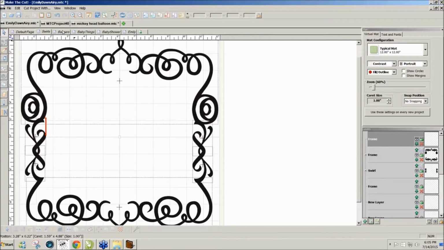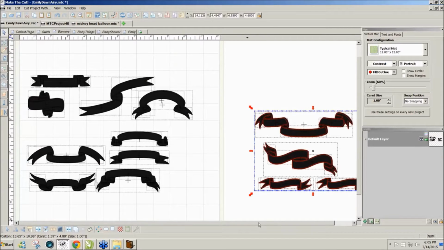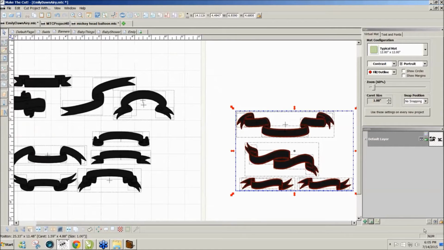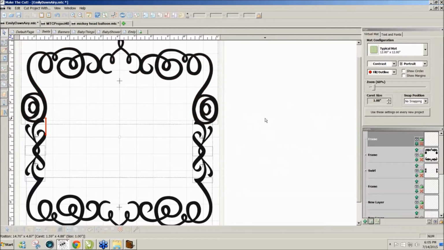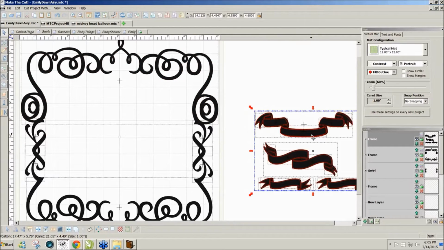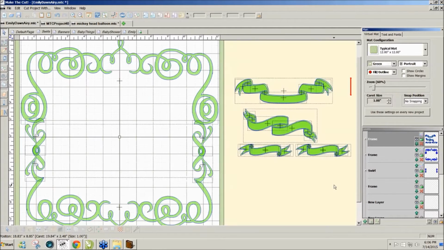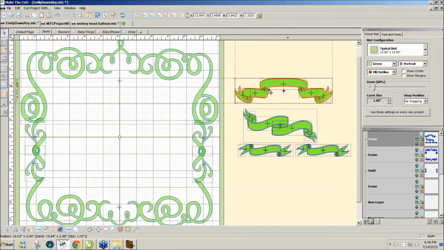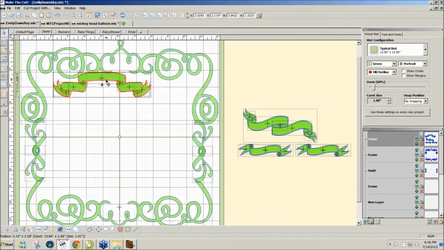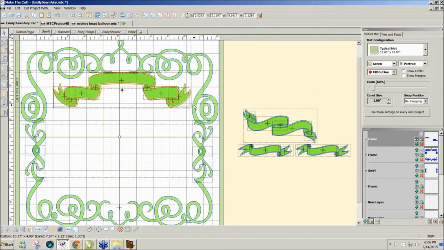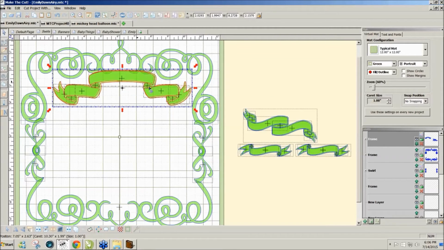The next thing that I grabbed was some banners, again from the Make the Cut gallery. I'll just copy those, Control C, and take them back to our swirl page, Control Shift V. And I like these because they have these inside pieces that would allow me to fit the names and things on them. I kind of like this one upside down and just maybe positioning it. You can resize and position it across the top for the name